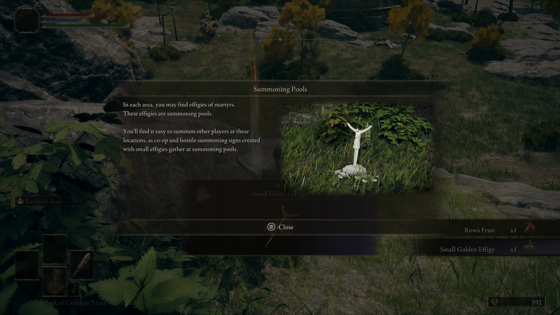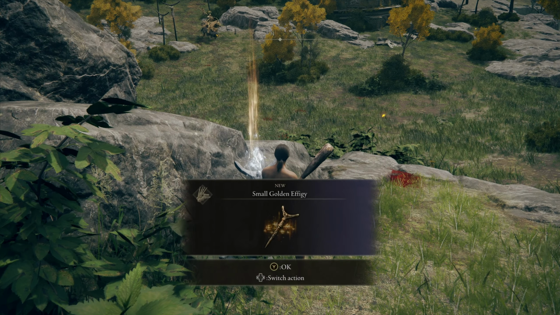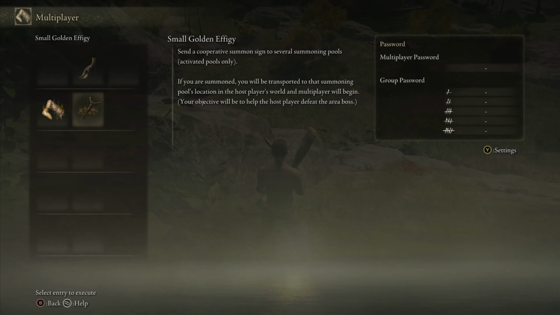So this is a summoning pool. This is actually another way that you can do multiplayer. So if you utilize the golden effigy item instead, then it'll basically send a cooperative summon sign to spawn to several summoning pools. And that basically makes it so that you don't have to worry about where you are relative to the summoning pad. Because if I leave a sign on the ground, then people are only going to see that sign right here. However, I can come over here and I can activate these, and once I activate them,